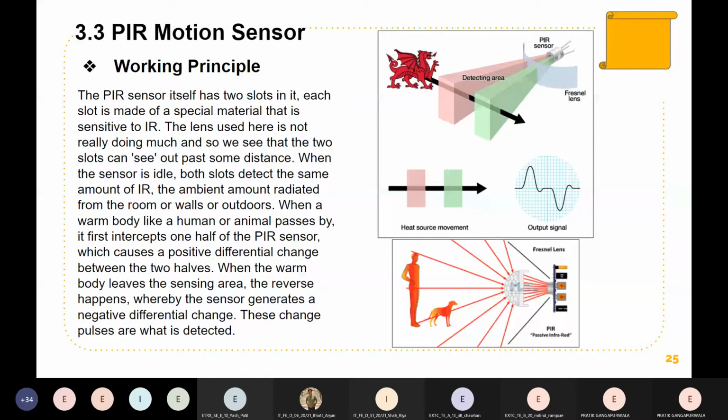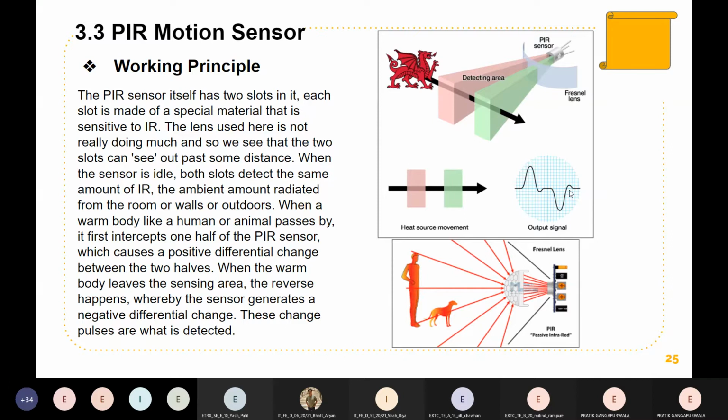It's a positive differential change, because of which we can sense that someone is moving through the area or a person is detected. And when the warmth of the body leaves the sensing area, the reverse happens, where the sensor generates a negative differential change, and these changes are pulsated in the output signal. As you can see here, the output signal shows first a positive change and then a sudden negative change. So that's how this works.